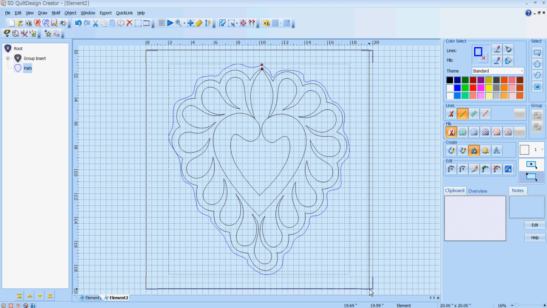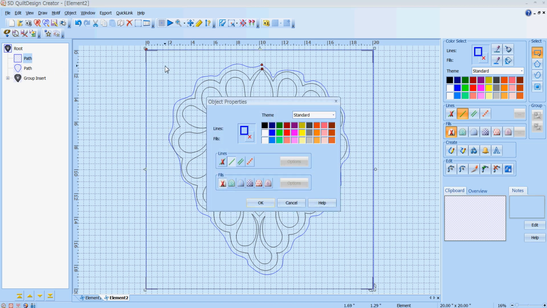drag it across upper left to lower right. Now you see on the film strip we have 3 elements. So we have the path, that's the box. I want that to stitch out first. So I'm moving it up and up again. And then we have the path, that's the outline of our motif. I want to move that up as well. Okay, so I'm going to select the box. I'm going to right click inside of it, choose a fill,